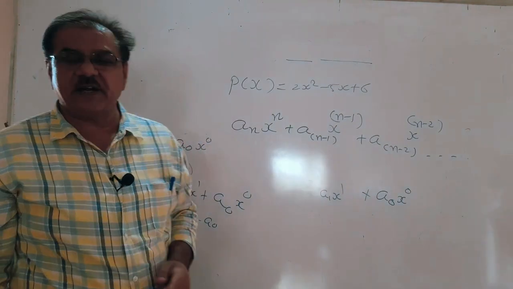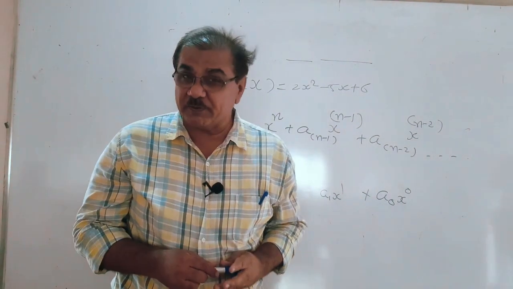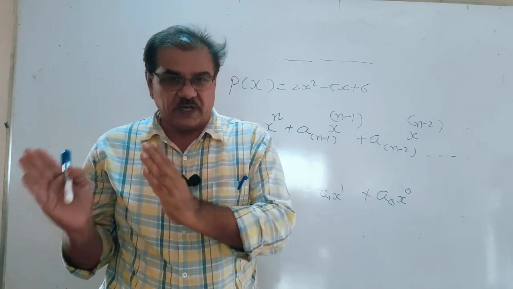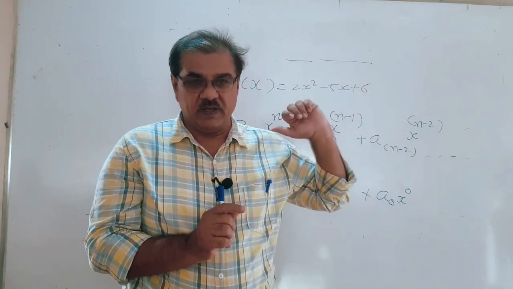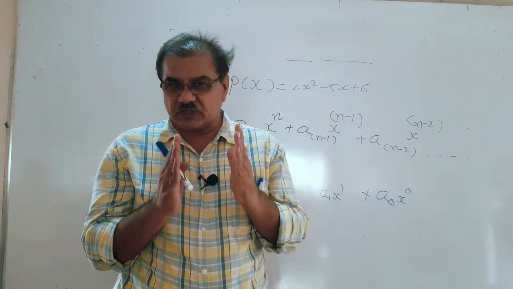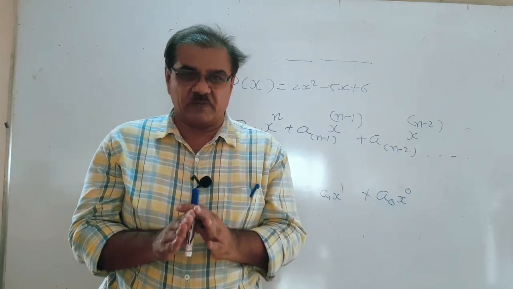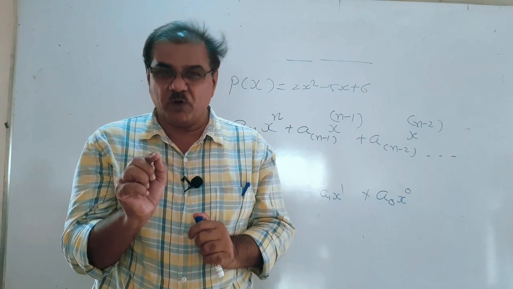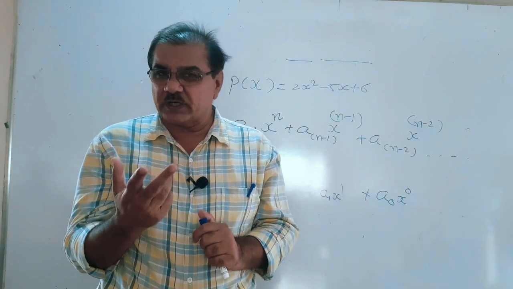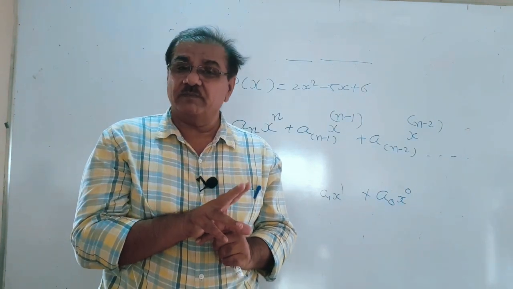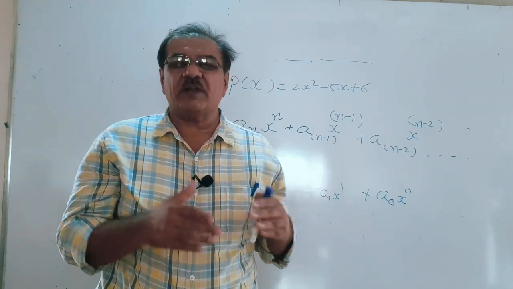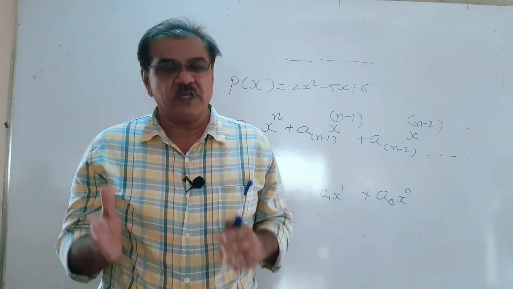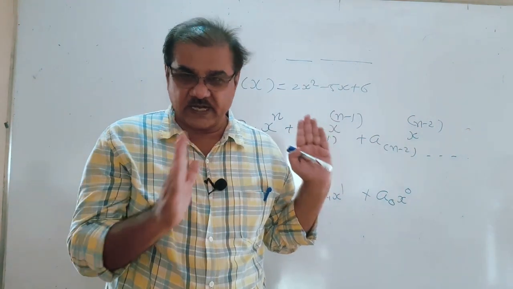That way in standard 9, you have studied the types of polynomial as per the number of terms and as per the degree of the variable. So we discuss first of all as per the number of terms. If single term, it is monomial. If it is two terms, it is called binomial. If there are three terms, we can say it is trinomial, but usually 3 or more than 3 terms, we call polynomials. Is that clear?